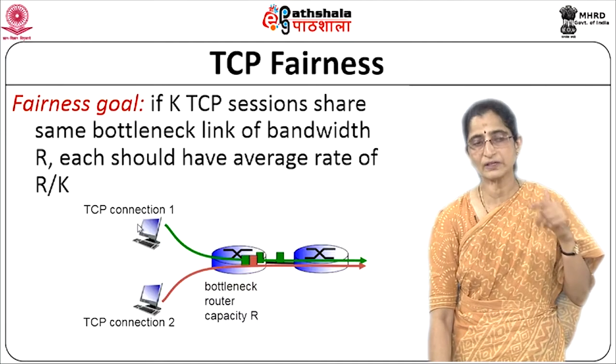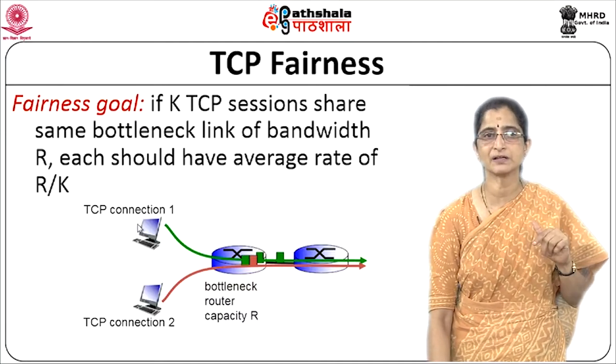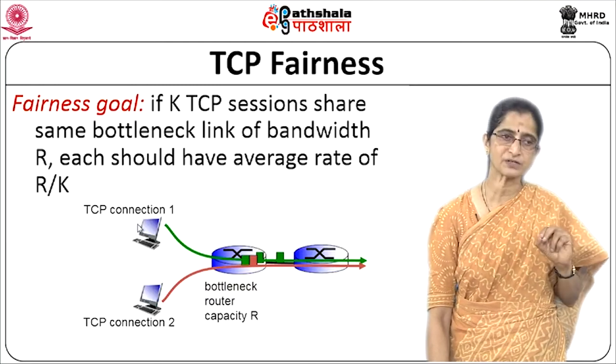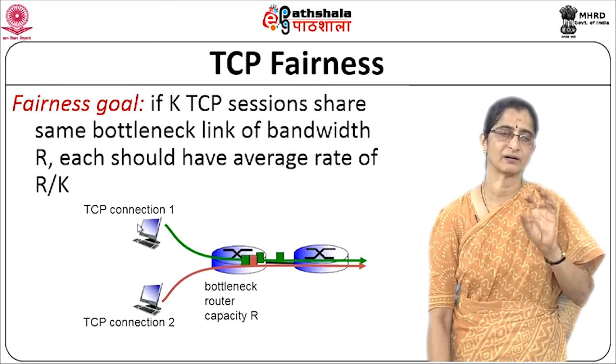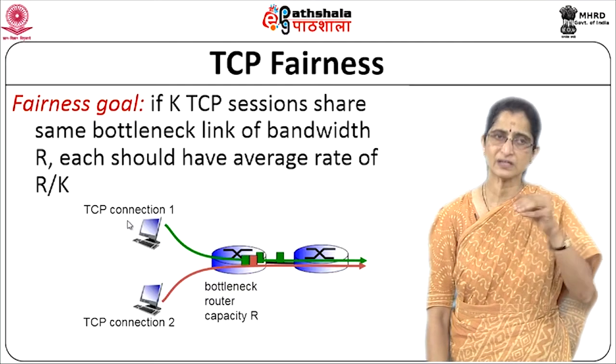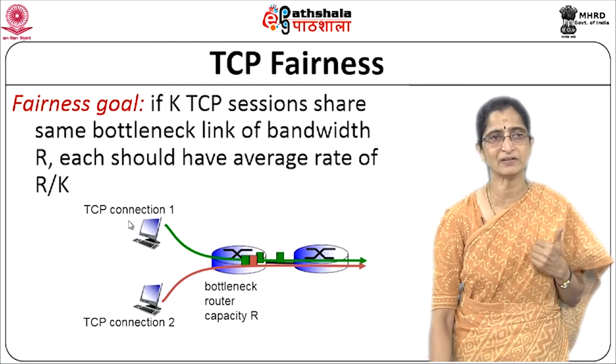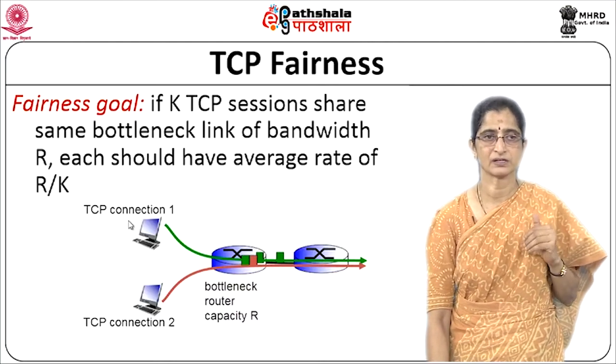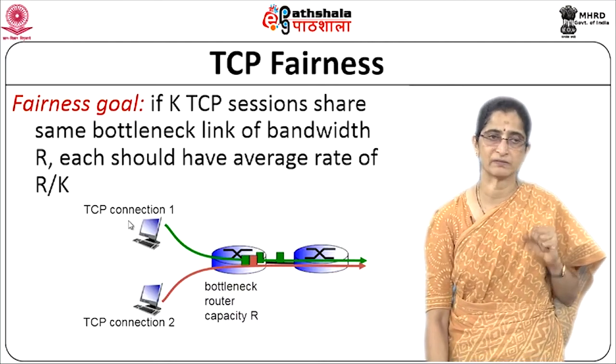So, if they are all TCP connections, and they experience some loss, they will all do congestion control, and because of that they will adjust the amount of data that they are sending into the network, and they will be able to use the bandwidth effectively. But during this process, how fair is this process? Does everybody get an equal share of the bandwidth? That is our goal, right.